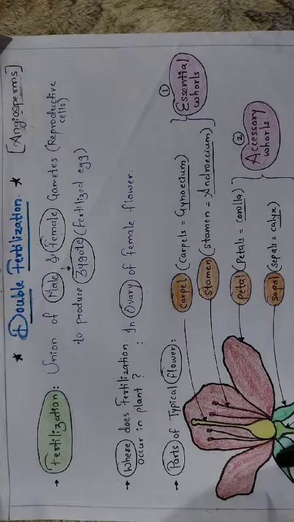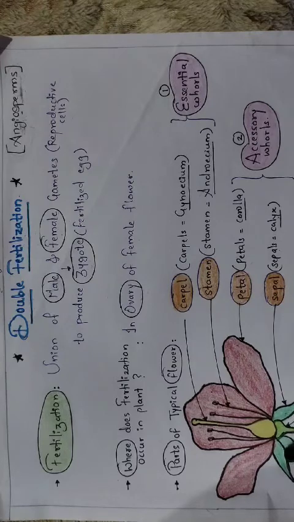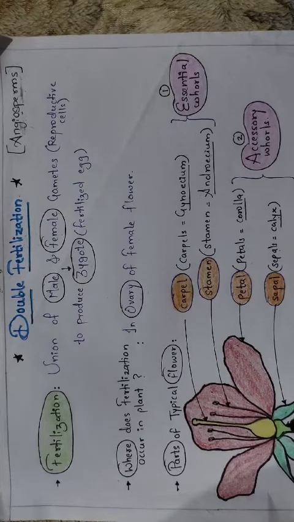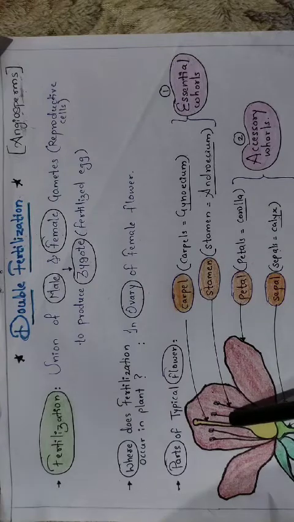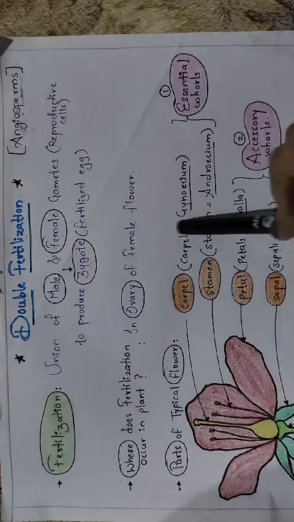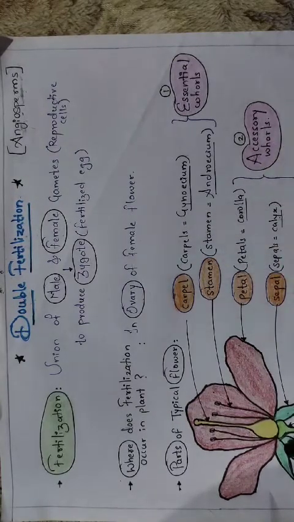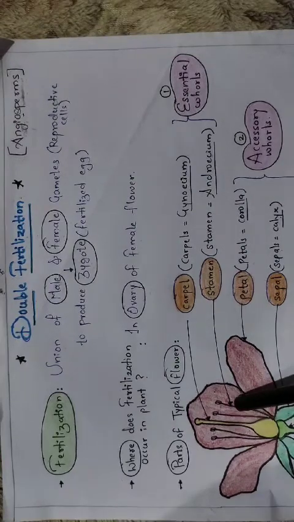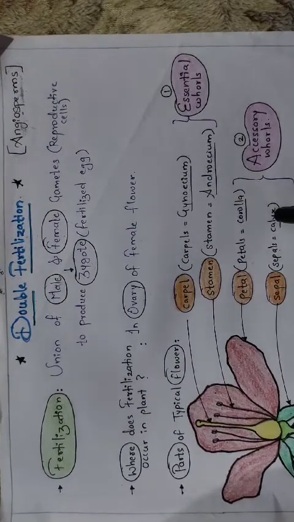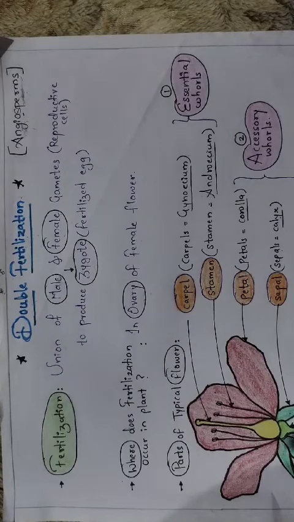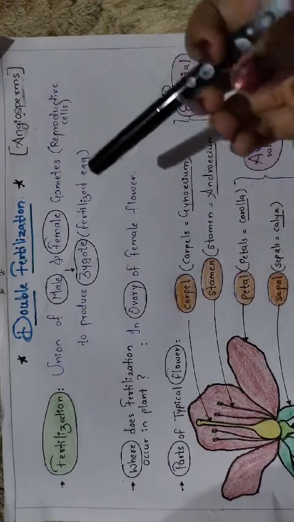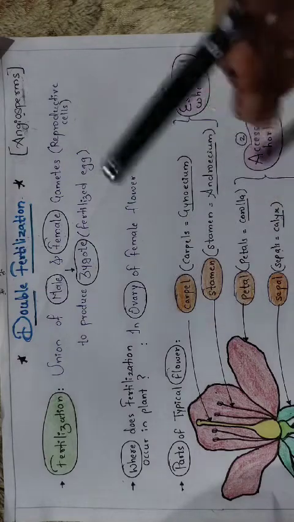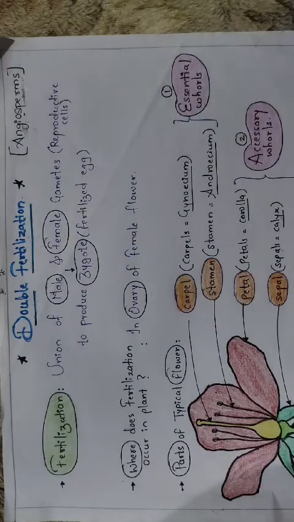As I have told you, the calyx, at the time of bud condition, protects the inner whorls, where inside there are the reproductive organs, the female reproductive organ. So ultimately the calyx is going to protect those whorls. And next, the corolla. The corolla is going to attract the pollinating agent so that pollination and reproduction can be done. So ultimately both whorls are very important.